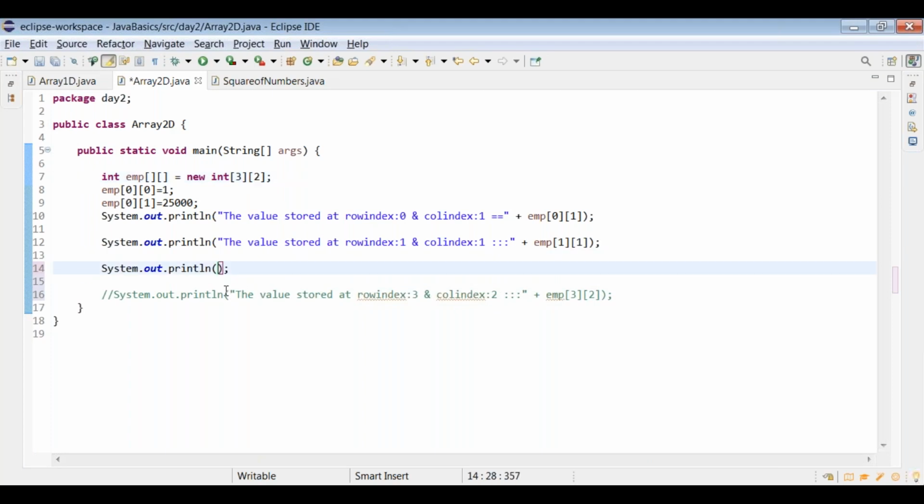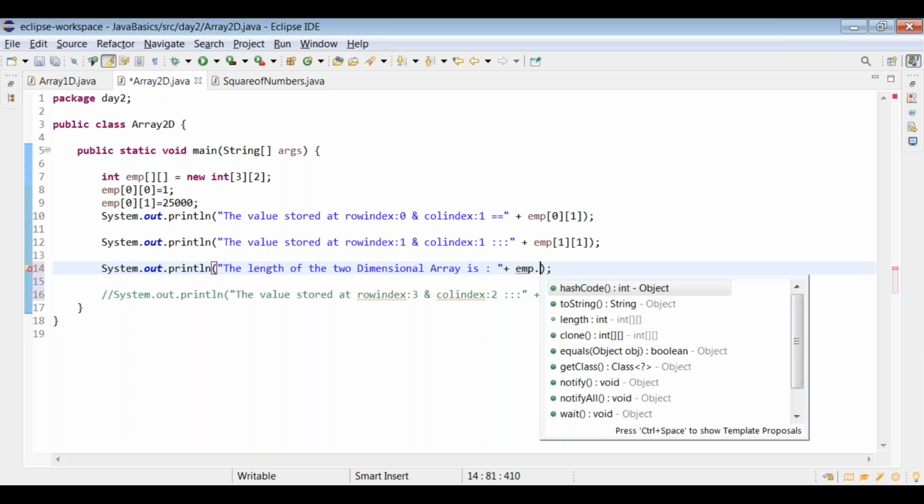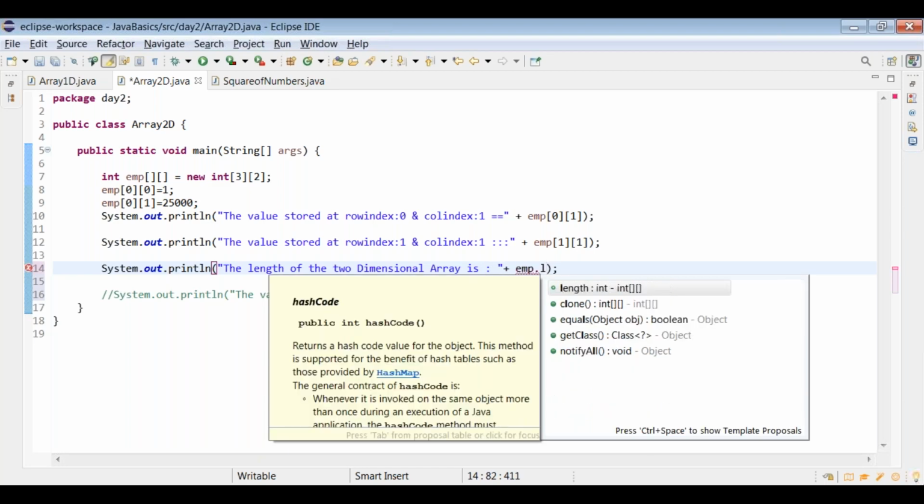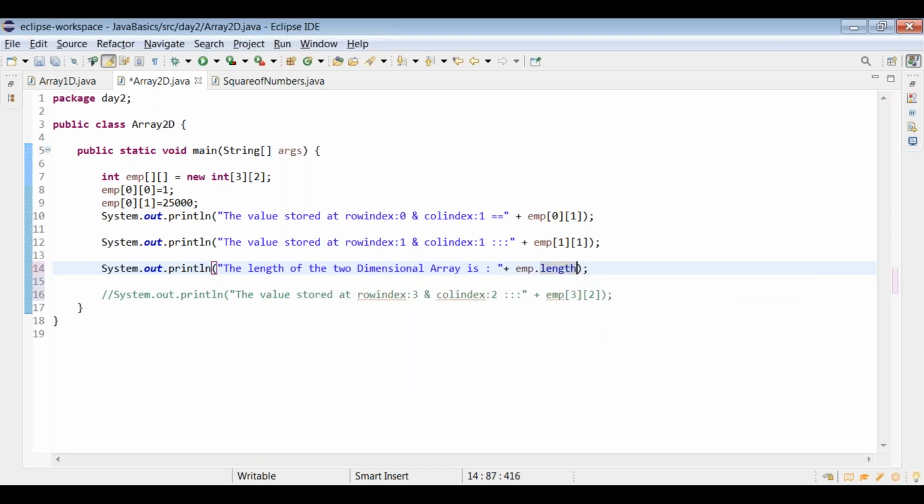It is employee.length, the array name dot length, that gives the information of the number of elements we can store in an array. That is 3 into 6, the length of the two-dimensional array.